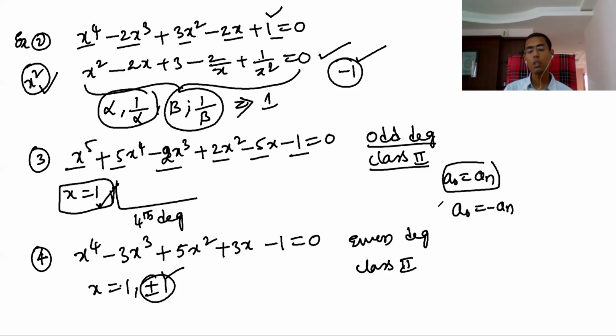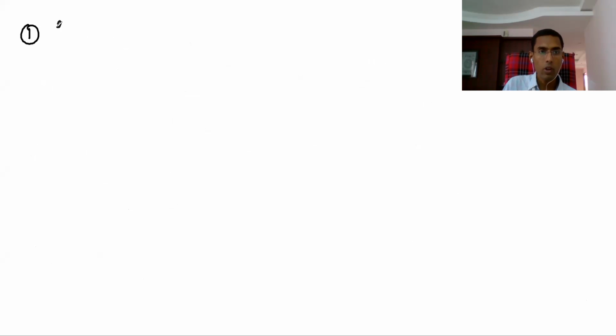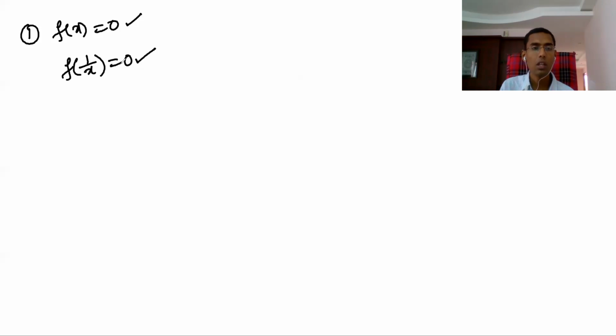So reciprocal equation, what you should remember, means simple. F of x equal to 0 is an equation such that f of 1 by x equal to 0, if you find these both equations are same, then it's called reciprocal equation. Very, very simple. Okay, so now I am summarizing. Number 1, f of x equal to 0 is given. Now in the place of x, you replaced f of 1 by x equal to 0, you made this equation, after simplification, these two equations are same. Then this f of x is called reciprocal equation, number 1 point.